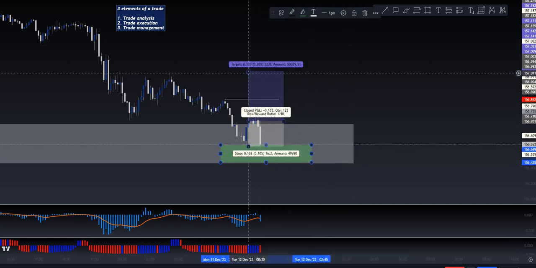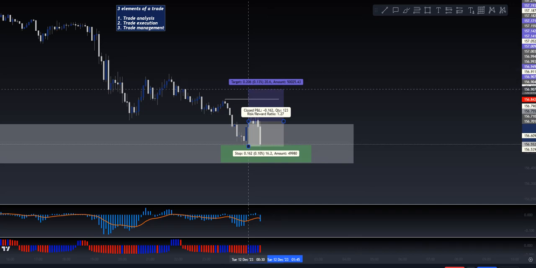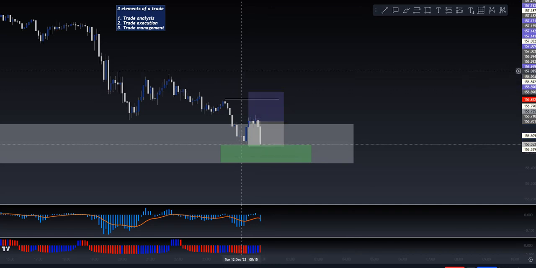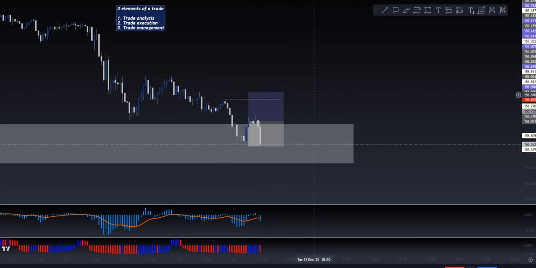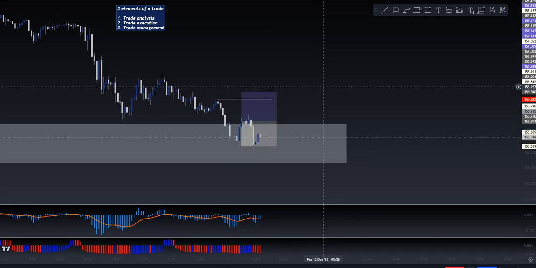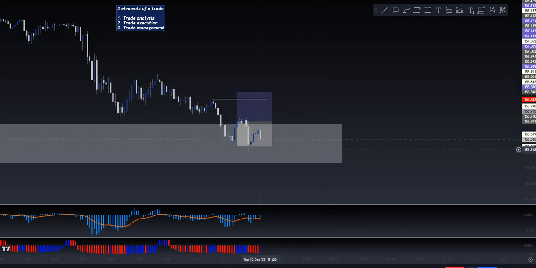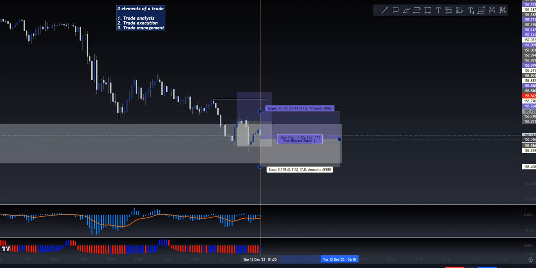Okay, so in this case, this is called a normal loss. And in trading, there's something called normal losses, which is the losses that you have to take in order for your strategy to work. I had to take this loss in order for my strategy to work. And what we can see is if you go back into that zone, all you do is wait for the confirmation again, and boom, there's our blue bar, and we get back into the trade.